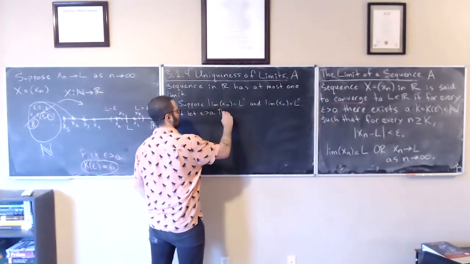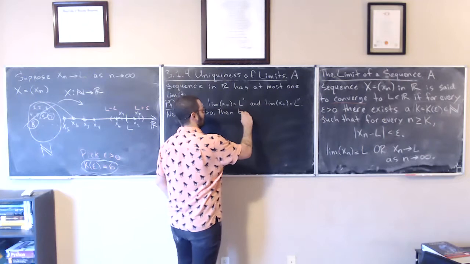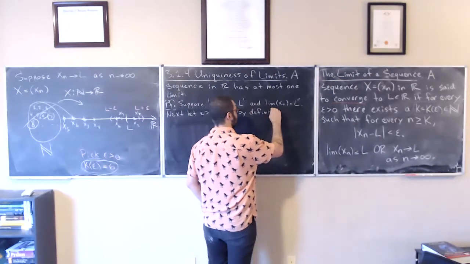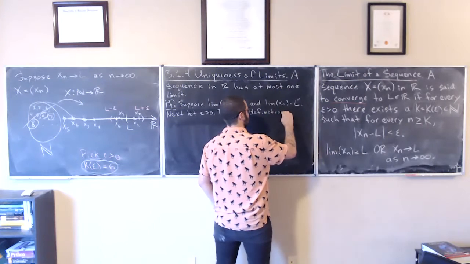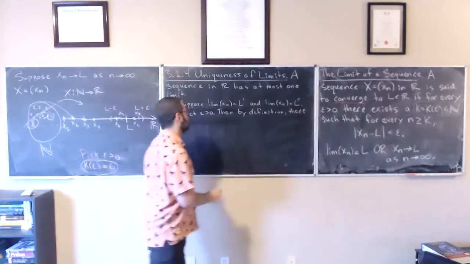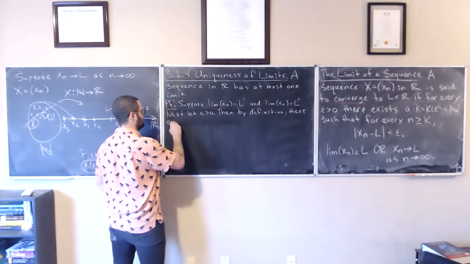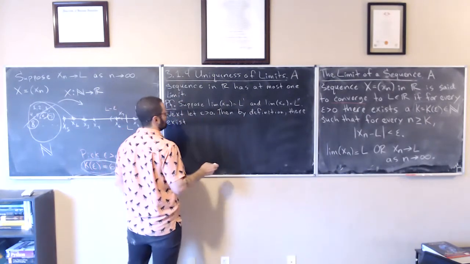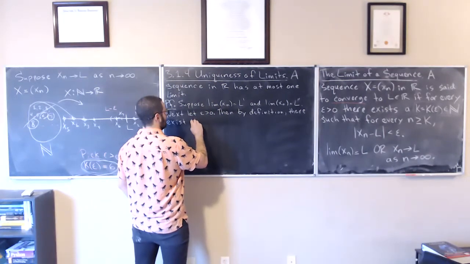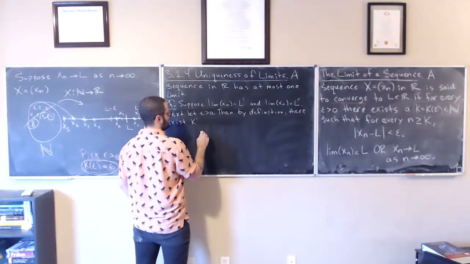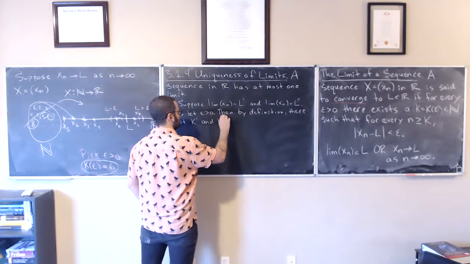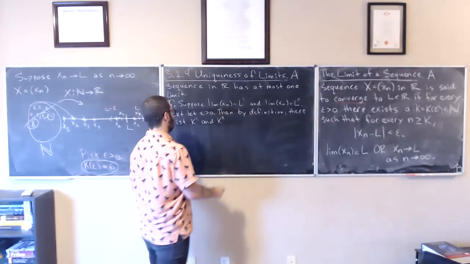So then, by definition, there exist natural numbers K prime and K double prime, maybe,